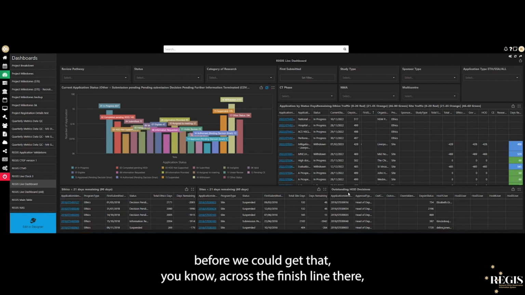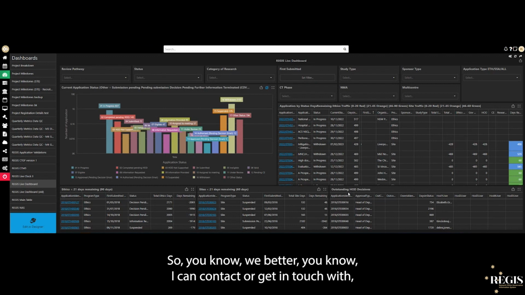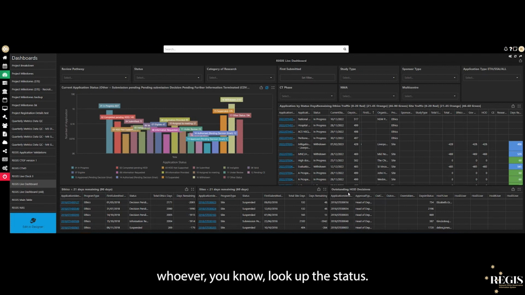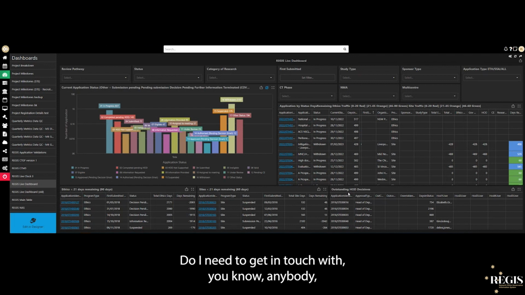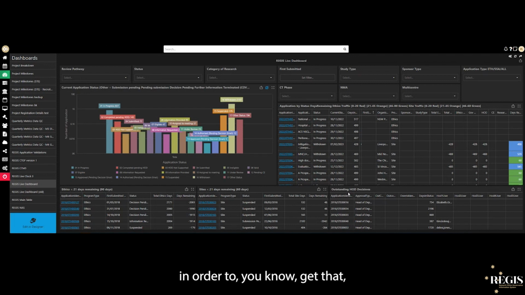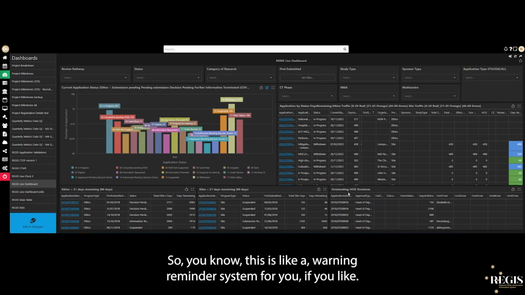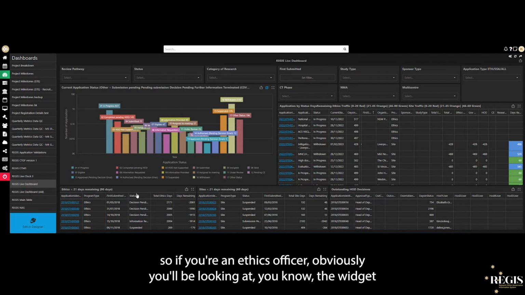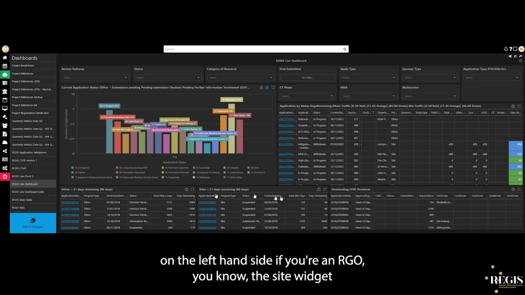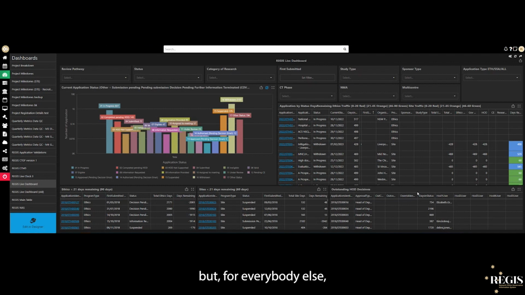So if you have operational guidelines and there are only two to three weeks remaining, and before we can get that across the finish line there are items A, B, and C that need to be done, we had better get in touch with whoever, look at the status. Do I need to get in touch with anybody in order to get that status updated, so that we can get it across the line? This is like a warning reminder system for you, if you like. If you're an ethics officer, obviously you'll be looking at the widget on the left hand side. If you're an RGO, the site widget. But for everybody else